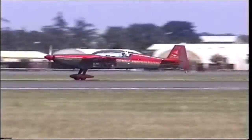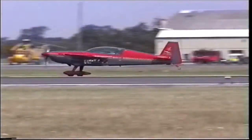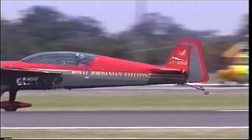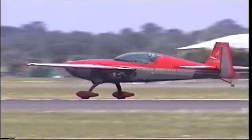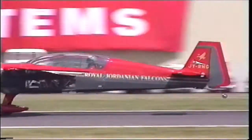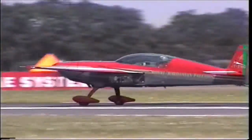Unfortunately, the Alpha Jets aren't with us this weekend. They've had a problem, and both the French and the Belgian Alpha Jets are moving into sort of an area that we call the Golden Jubilee scene. You'll enjoy that, trust me. Don't go for lunch during the Sea Harriers. And then another one of our international displays, this time...